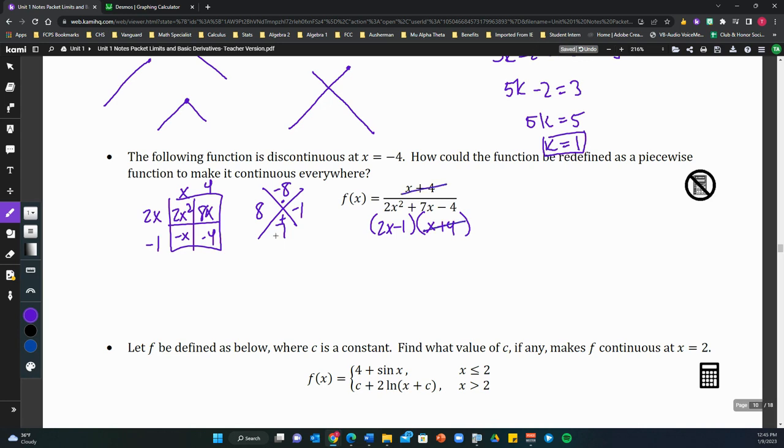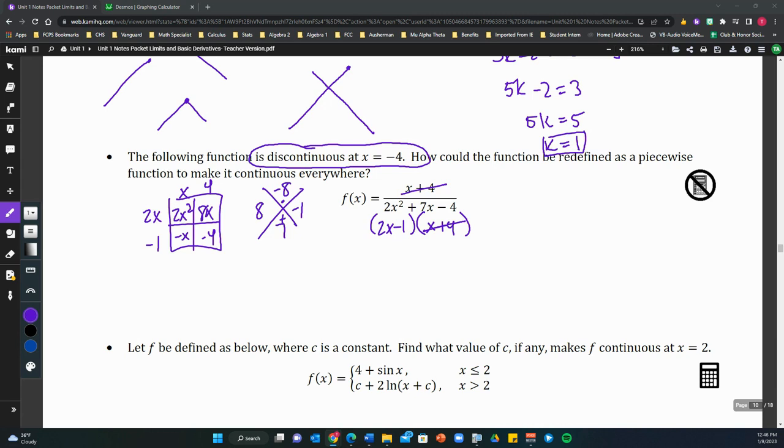So that factor of x plus 4, that is the removable discontinuity. They didn't specify that in the problem, but that's really important for us to identify, because if negative 4 was a non-removable discontinuity or a vertical asymptote, then there is no chance of making this function continuous. We can only fix, using the piecewise method, a hole. So to do this,